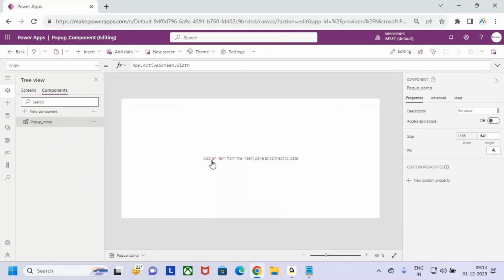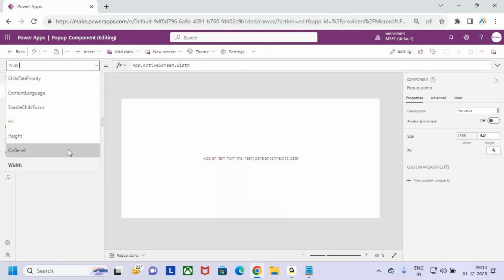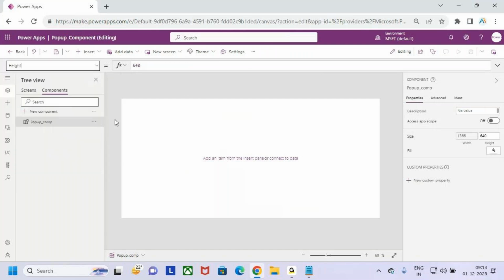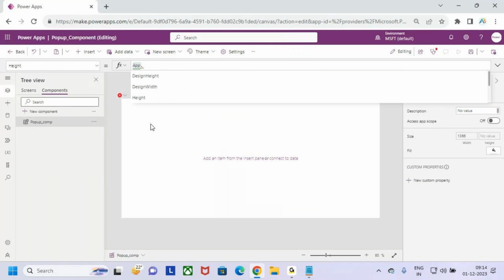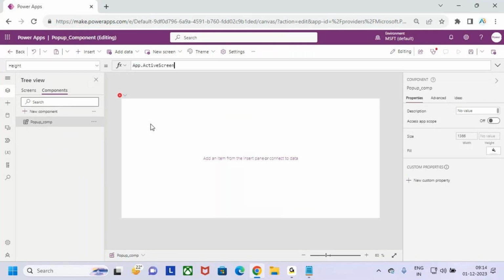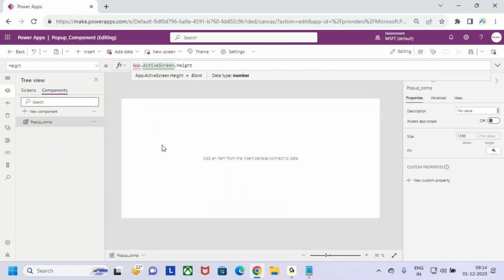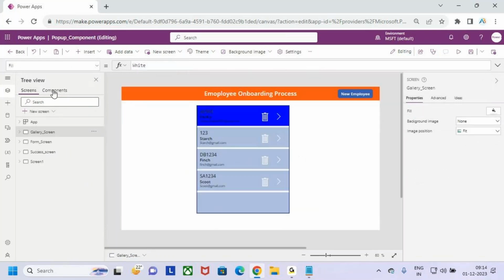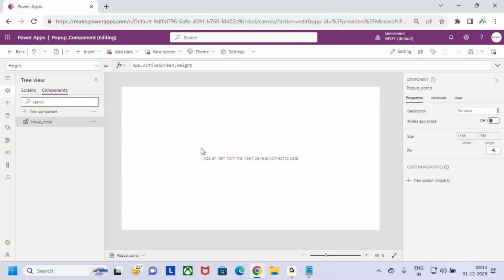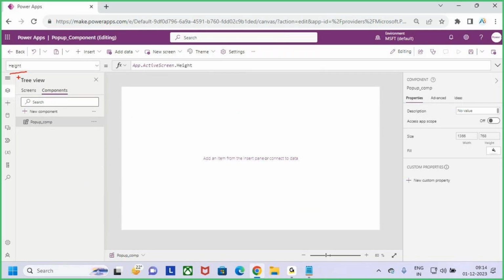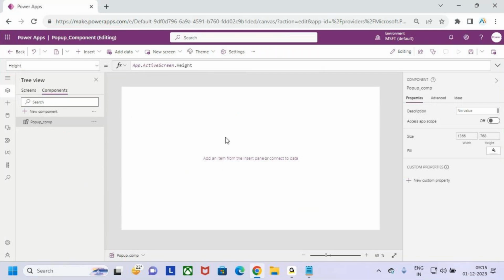Next I want to change the height also. So let me go to the height property, here also change it to app dot active screen dot height. Now go to the screens, come back again to the component. Now see automatically the height is adjusted. So don't forget to change the height and width of the component, guys. Now once after changing the height and width of the component, let me go to the